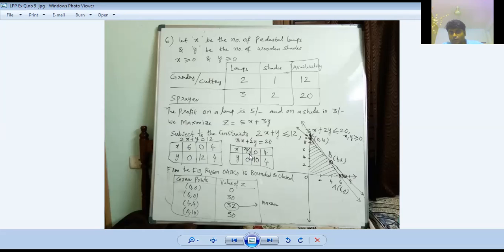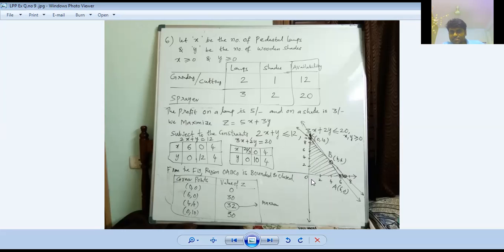And what is the point of intersection? We have to solve and write. (4, 4) is the point of intersection. We have to solve both the equations, and we can get the point of intersection, which is important. That can be the solution. Okay. After that, both are less than or equal to, so the region is towards the origin.